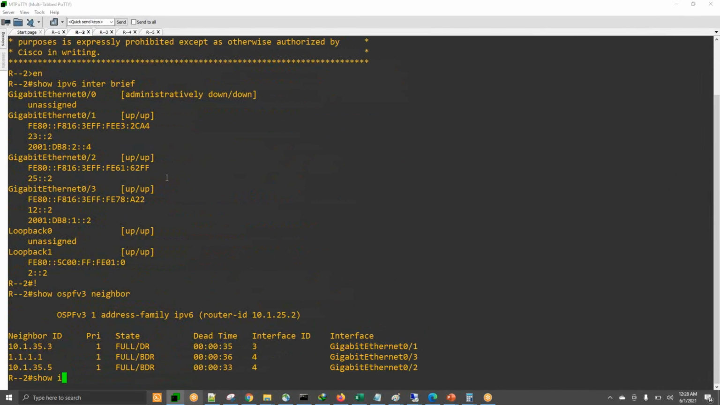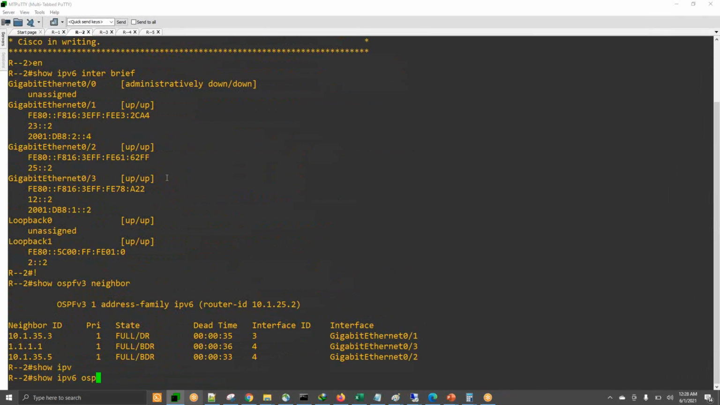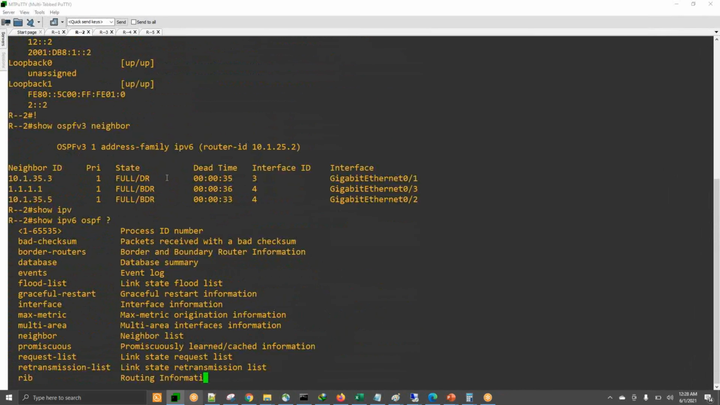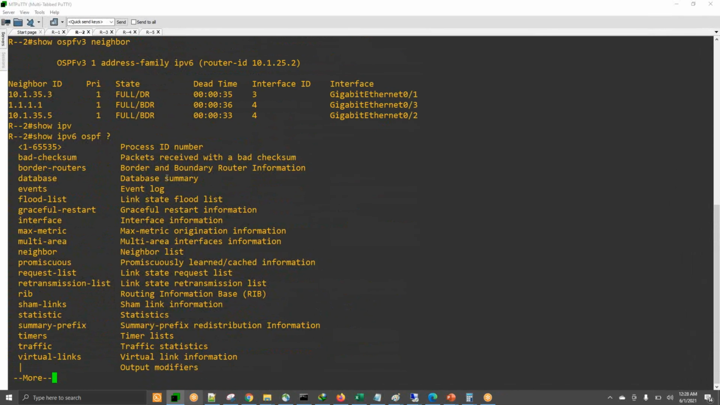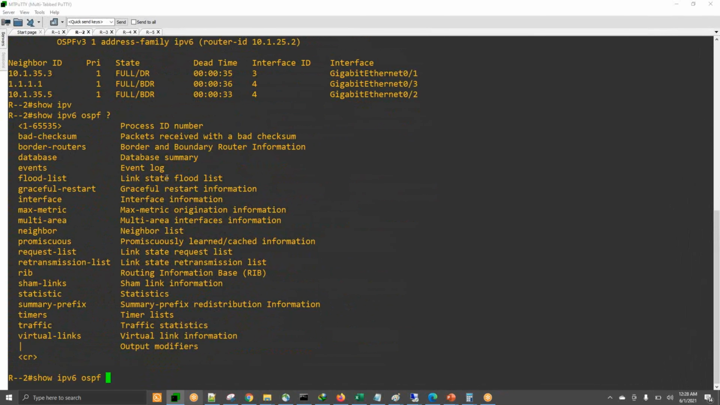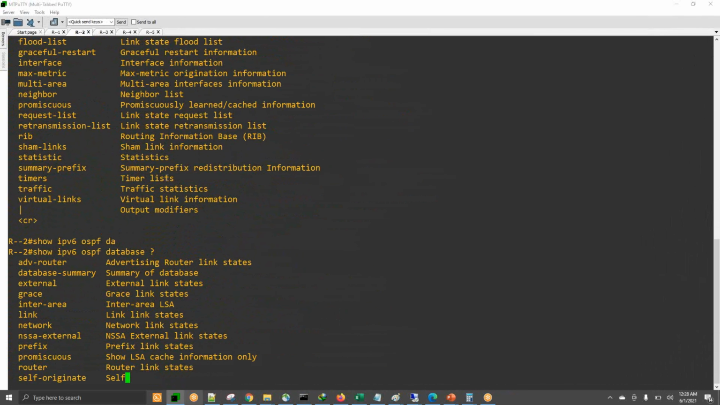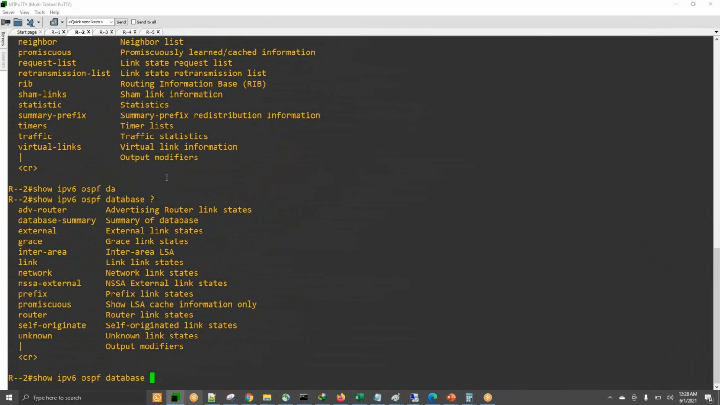So we can check show ipv6 ospf, and once you are there, you can see what filters you have. You can see a good long list of options, but we are looking for database. And after database, you can see that we have options related to router, link, network. You will see the router as well, correct? So if you want to check the router, then we can go and check the